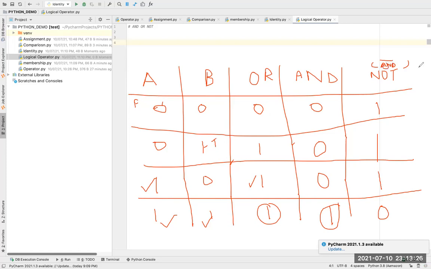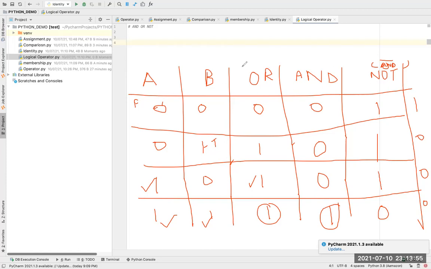AND and OR take two inputs, A and B, but the NOT gate will take only one input. So if you want the opposite output of OR or AND, you can use the NOT gate.